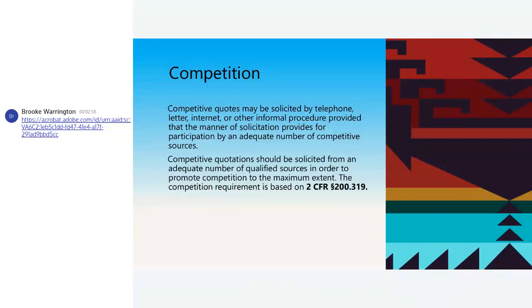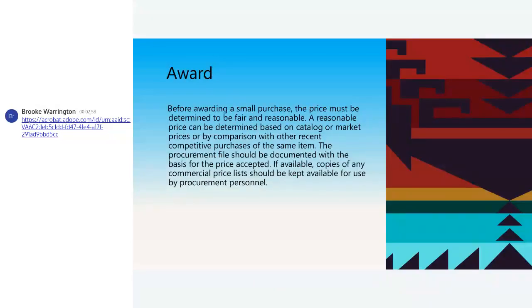That requirement is based on 2 CFR 200.319. So when I used to read these things, if I had any time, which a lot of times I don't, but I'm a speed reader, I would go to 319 and see what it was to make sure that I was doing it right. And oftentimes it would refer me to somewhere else. But that's how you learn what all those rules are.